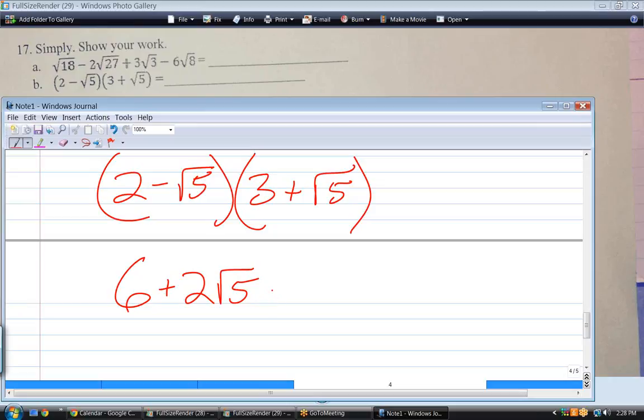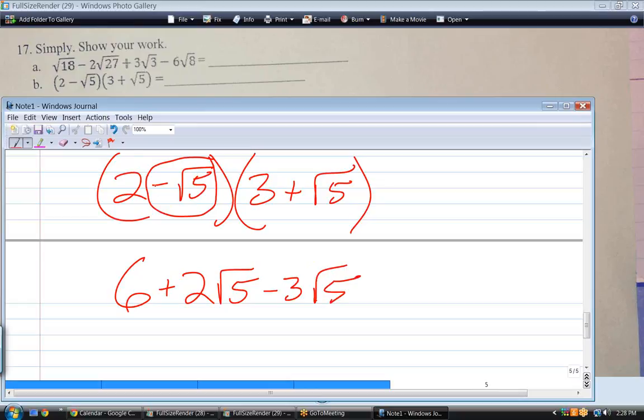Would you get 3 square root of 5? Here's where you can't drop that negative sign. Minus 3. There you go. And finally, what is minus square root of 5 times plus square root of 5? Would that just be square root of 5? Well, if it was square root of 5 times square root of 5, that would be 5. But if one of them is minus, then it's going to be minus